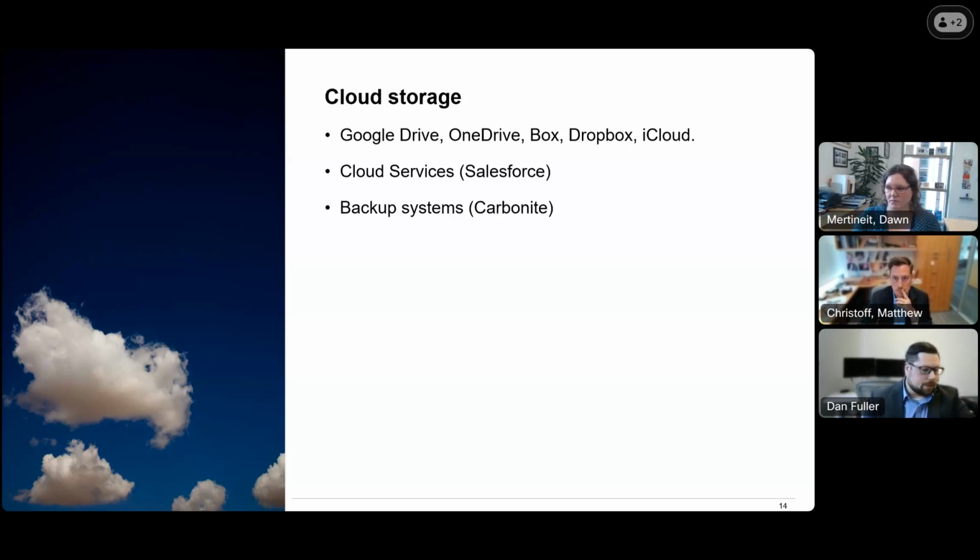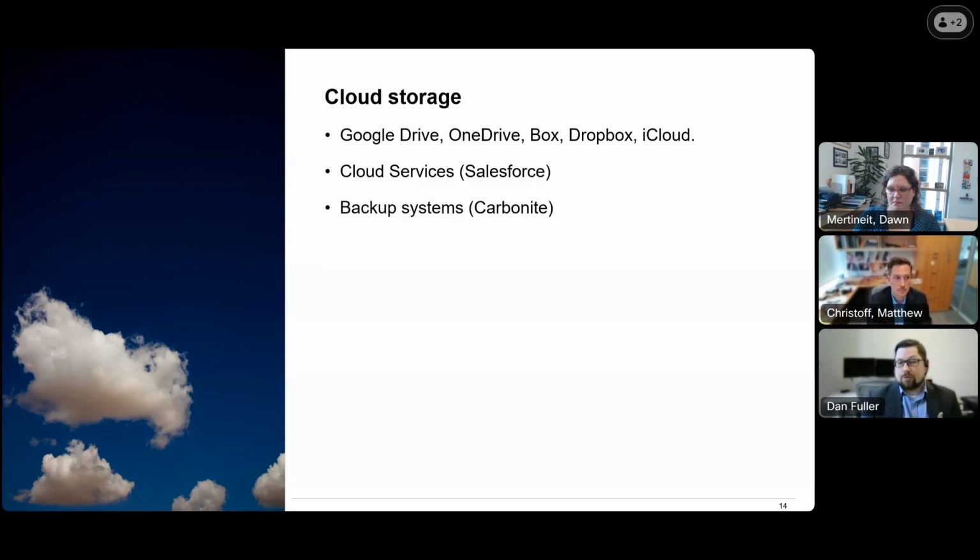And then the last one here is other backup systems. So there are some backup systems that may be in use corporately, like Carbonite, that back up the entire laptop, and they do it in a process that is iterative, meaning it initially creates a single backup, and then anytime a file changes, it will do another backup. So if you want to go back to a specific day, you can restore all the files on that computer up to a certain time. I think there's some sort of retention period on that as well, but that would be a good thing to